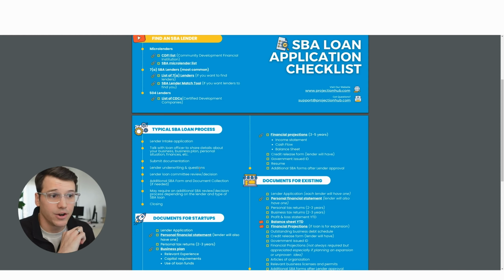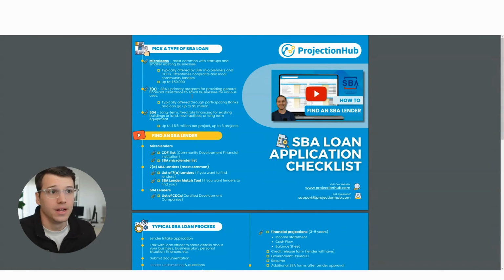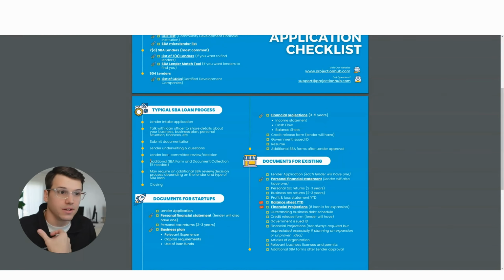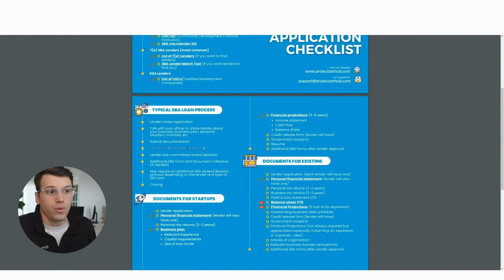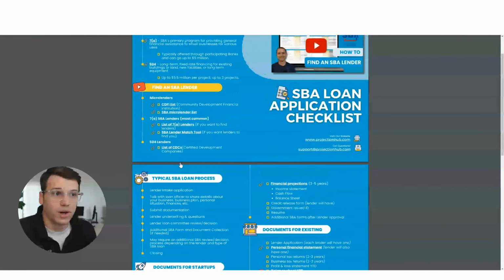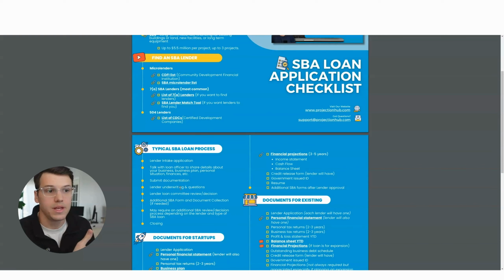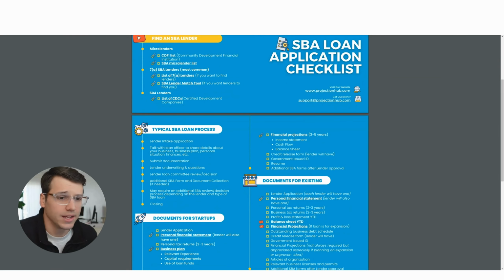And again, this underwriting intensity is going to differ depending upon who the lender is and the type of loan you're getting. For a microloan, speaking from experience, underwriting was pretty scrutinous because there's not this big SBA review process on the back end. So that was a little bit more intense, whereas an SBA guaranteed loan is still going to be intense, but there's a few different filters the loan has to go through. And so that initial review might be of a different level of intensity.